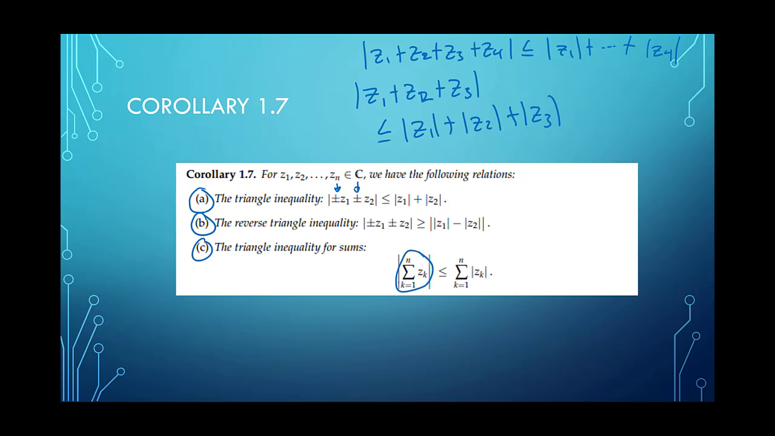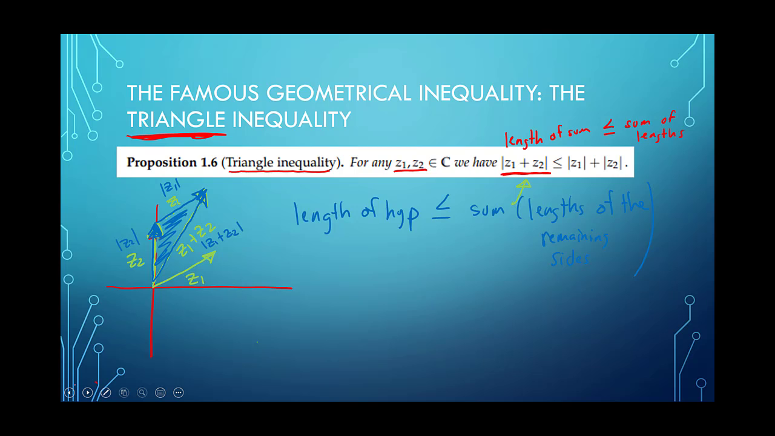Okay, now B here is a little bit more interesting. This is what we call the reverse triangle inequality. So let me go back to our picture here. Let me change from blue. The reverse triangle inequality tells us something about the difference. In the regular triangle inequality, this was telling us that the length of the hypotenuse is less than or equal to the sum of the lengths of the remaining sides. Well, what about the difference of the remaining sides? So if we go back to our picture here, if you wanted to calculate z1 minus z2, you would get the following vector. So here's minus z2. Okay, so the vector we would get in this case,